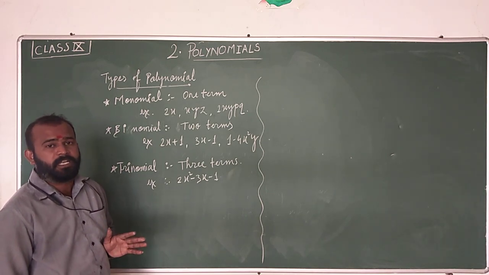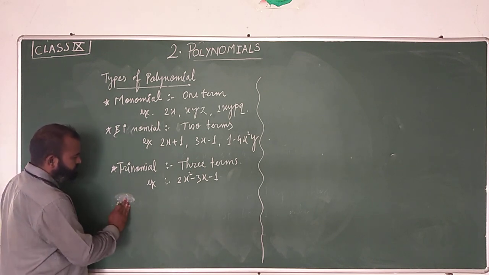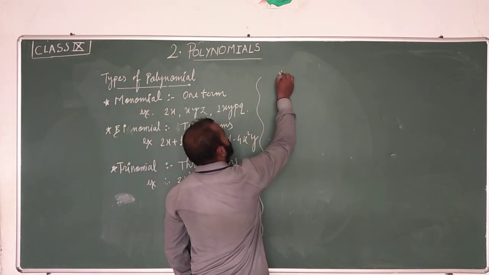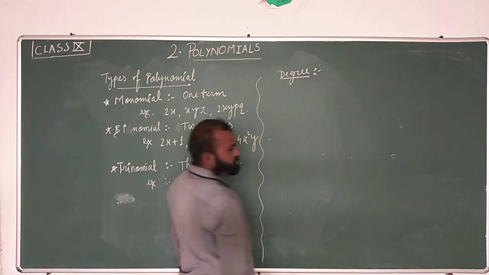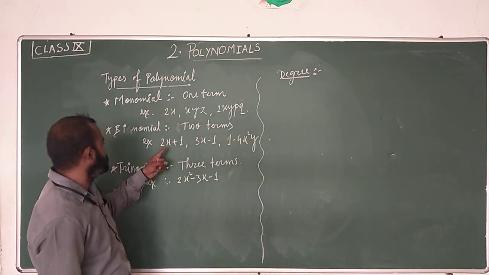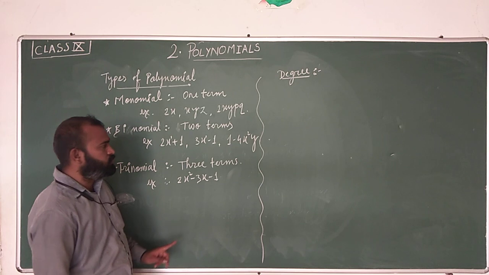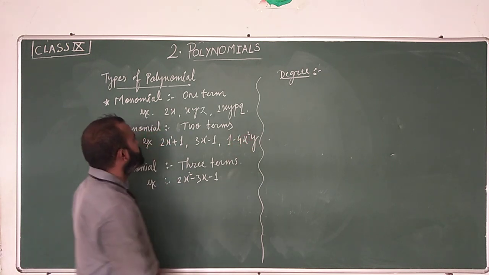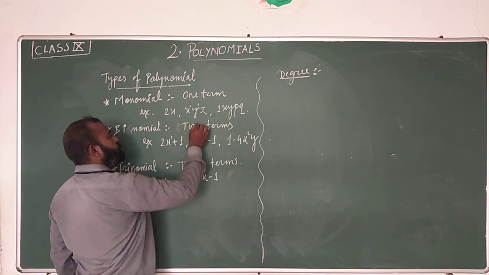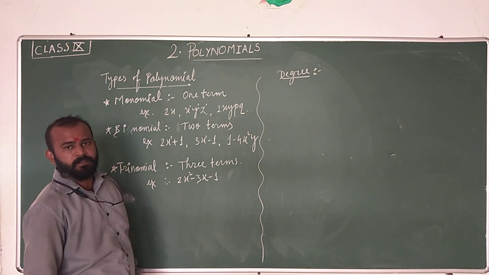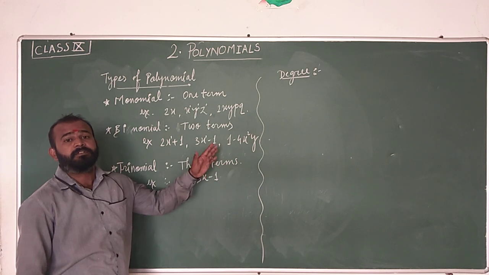अब इसके पहले आपको डिग्री बताना पड़ेगा. वैसा आपने लर्न किया है डिग्री. डिग्री क्या होती है? I will explain to you here what is degree. I think everyone knows what is power. है ना? These are the powers. Here power nothing is there means one is there. The power of the variables we use to count. Here three variables are there. So we need to say power of x is 1, power of y is 1, power of z is 1. ठीक है? In this 9th standard we have to deal with the polynomial